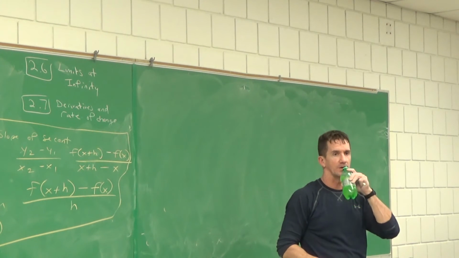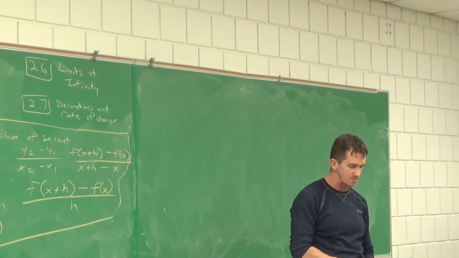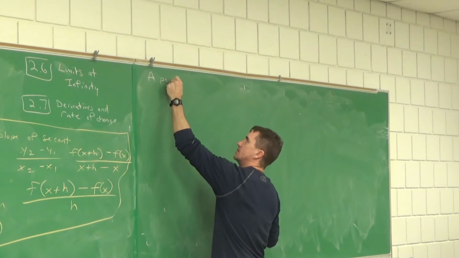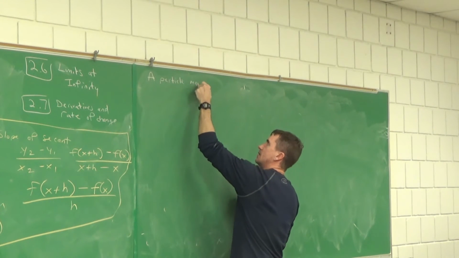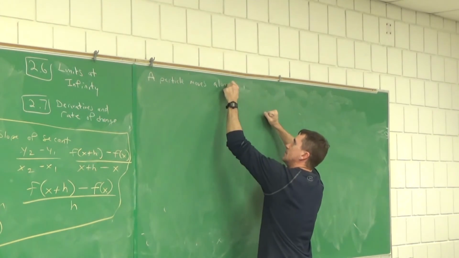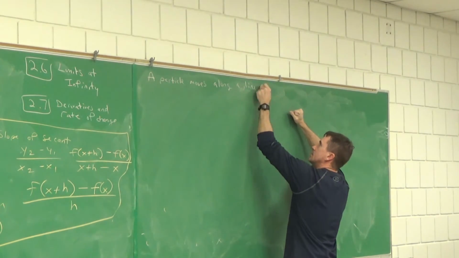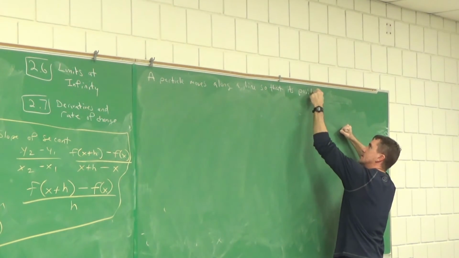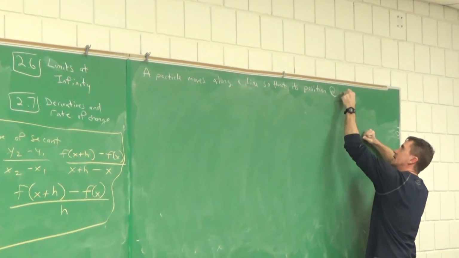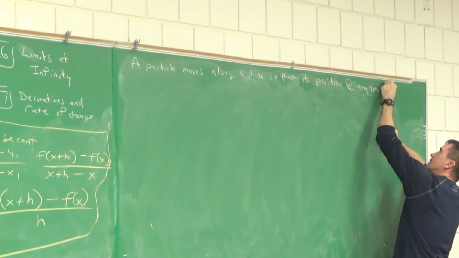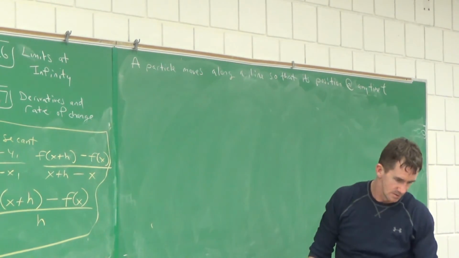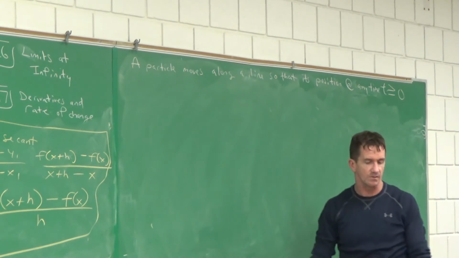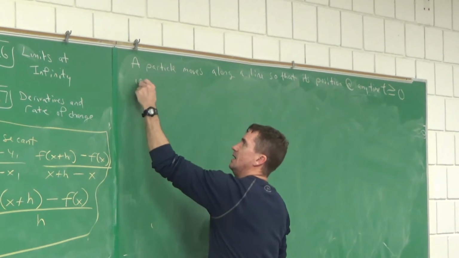A particle moves along a line so that its position at any time t greater than or equal to 0, so time has to be positive, is given by,